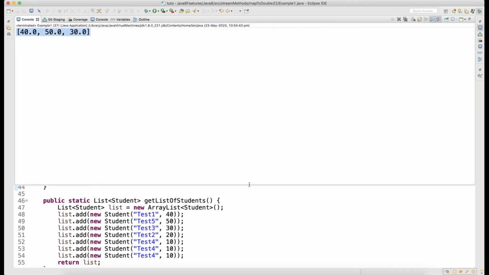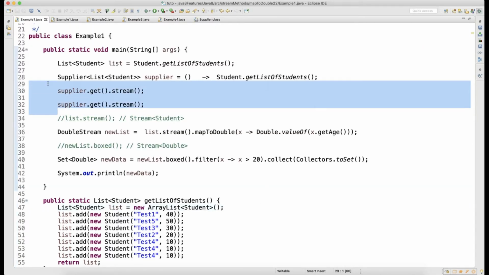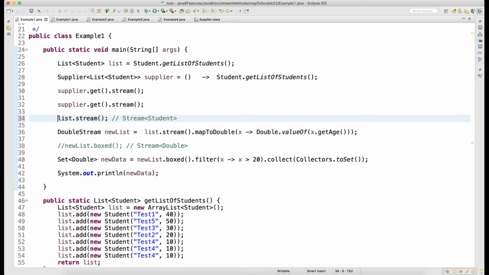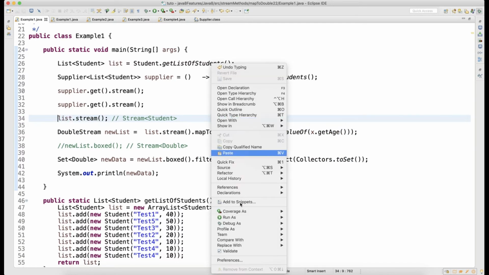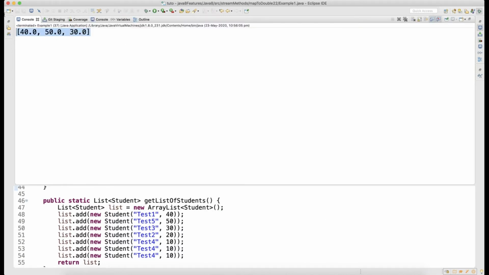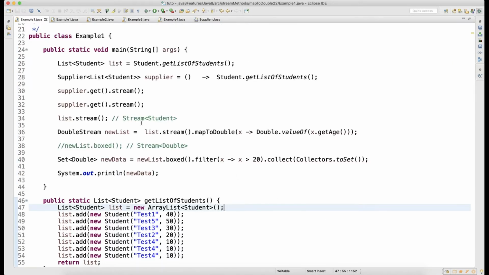Though I have written get stream on the top, since I'm calling it on the supplier, I don't have any issue, and this one I'm calling on the list, so it is working perfectly fine. But if I uncomment this, it will not work now, because you already performed a stream on the list. This time it worked fine.